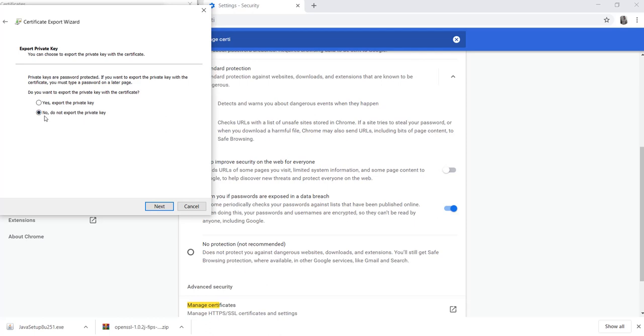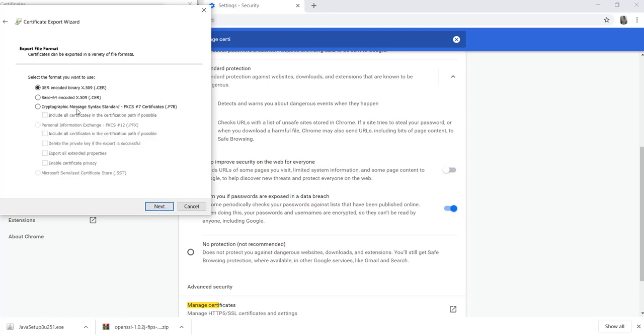We'll opt for the second option, do not export the private key, because your certificate is shareable with all, meaning it will be publicly available. So you shall never export your private key into your public certificate. So be very careful while generating your public certificate.